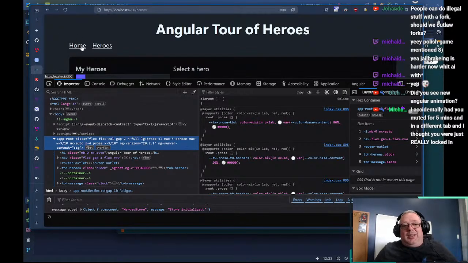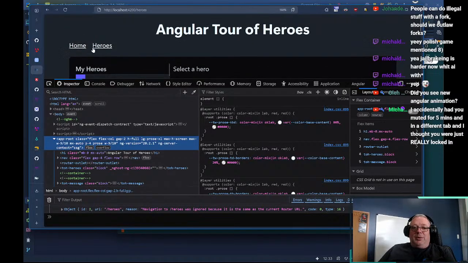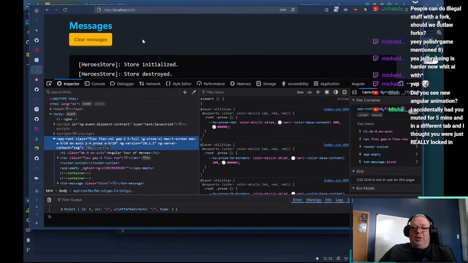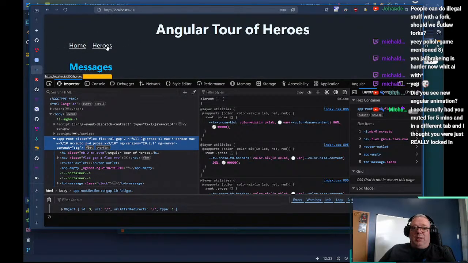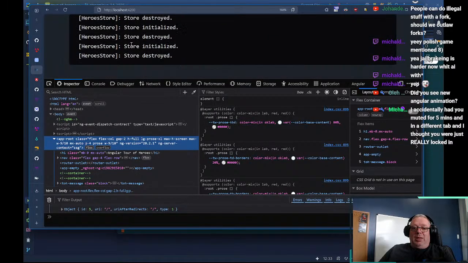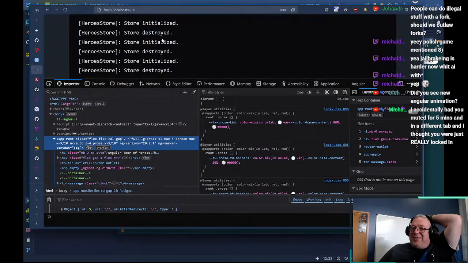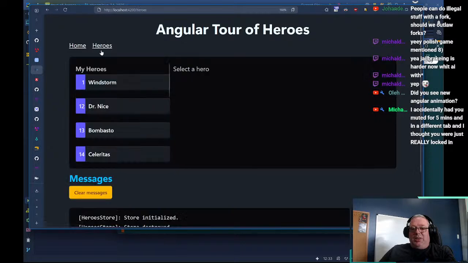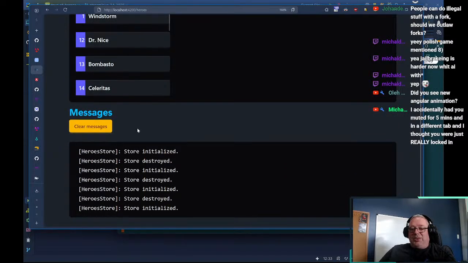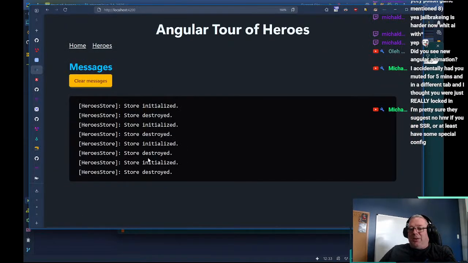We could add some stuff here to make it nicer. But now if we go to heroes, we're at heroes. If we go home, we're at home. And now we can see the other important thing here: when we go to heroes, it's initializing our store, but as soon as we navigate away, we're destroying that store. And that's an important piece to realize with the way we're doing things, is that we're cleaning up after